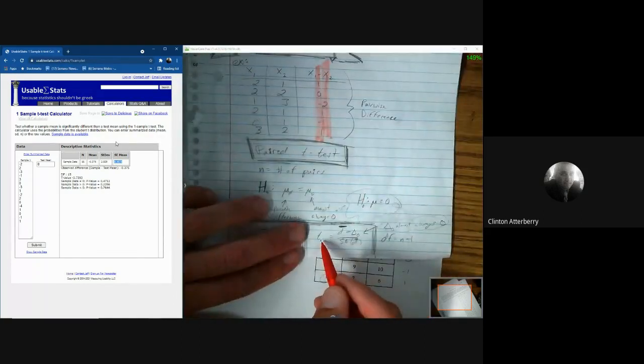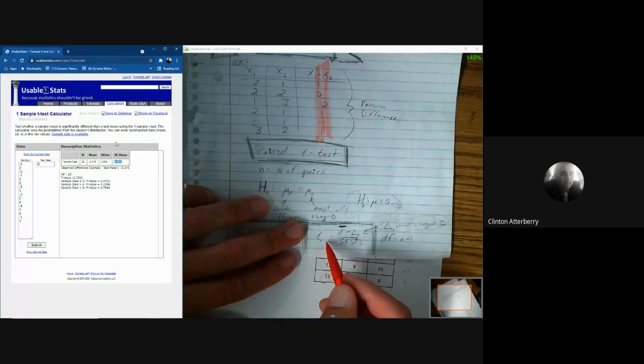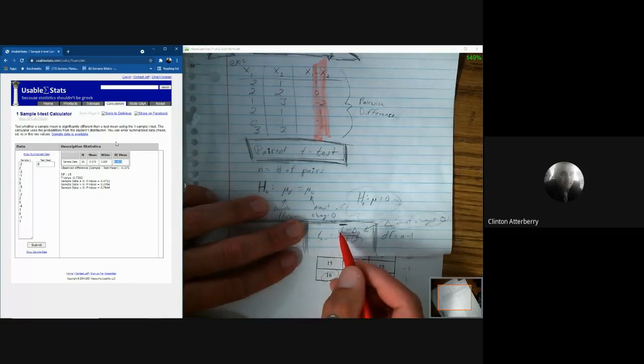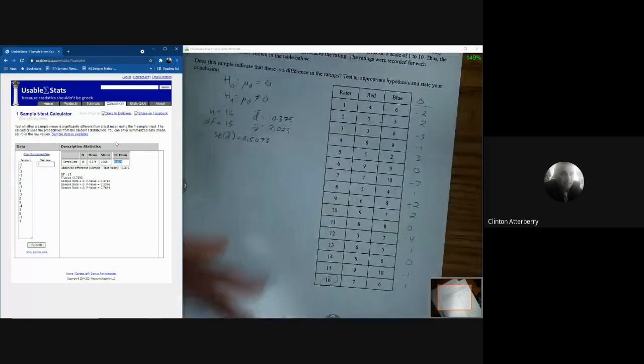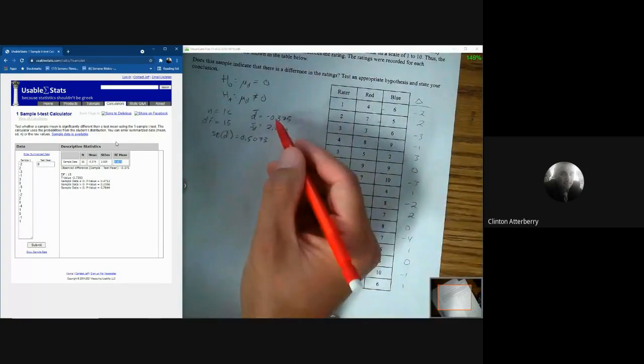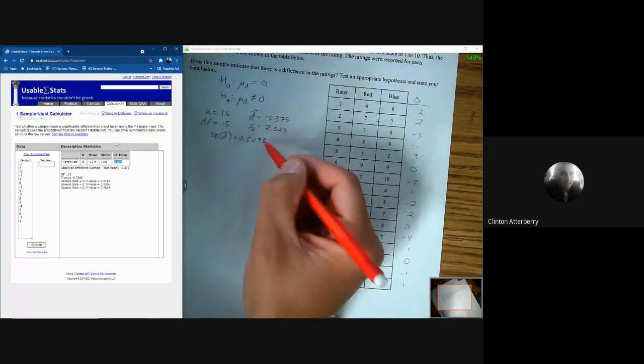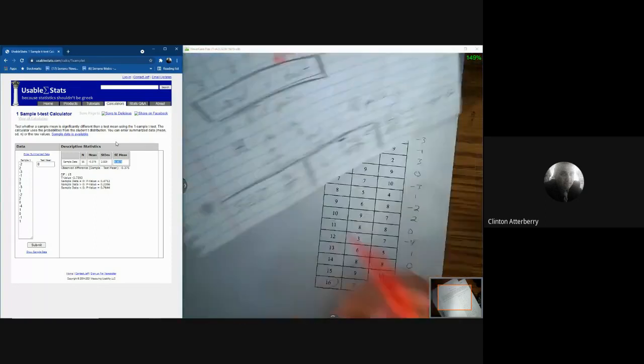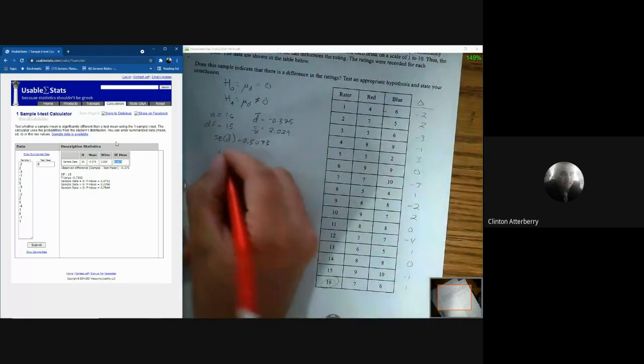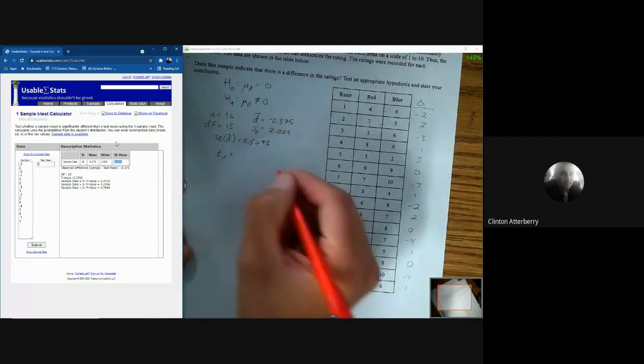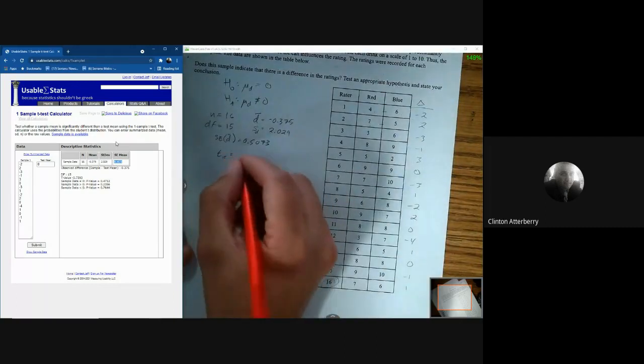Our t-score, based on our sample size of 16 with the degrees of freedom of 15, is the average difference minus 0 divided by that number. So it's going to be negative 0.375 divided by this number, which gives us our t-value. Okay, our t of 15 is going to be a negative